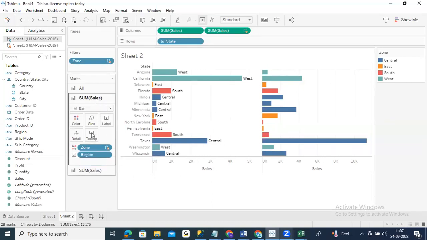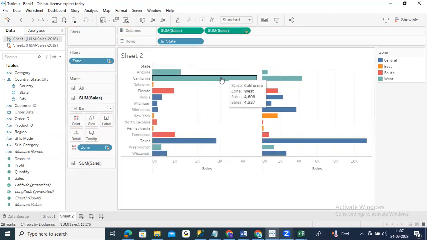I can do one more thing. I can remove this region also. Okay, this one is also perfect. West, west, west, west, west, and then